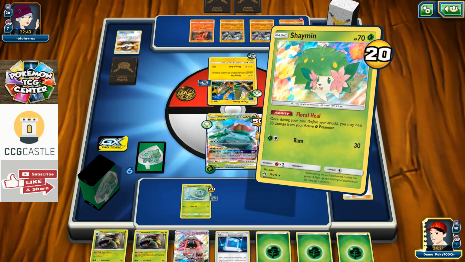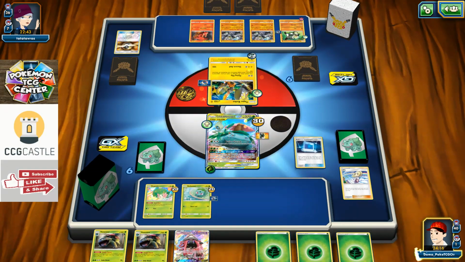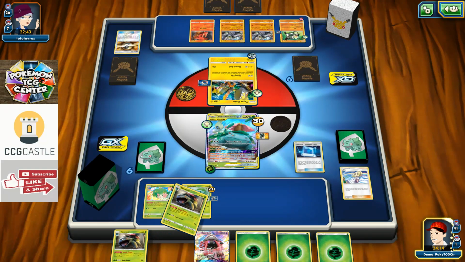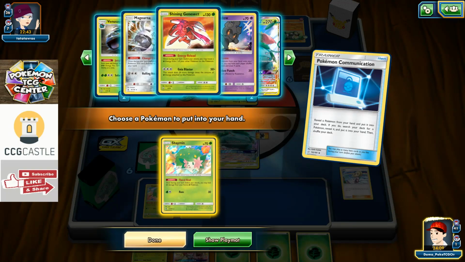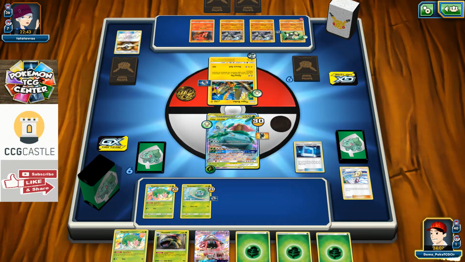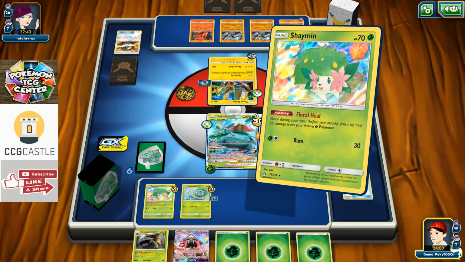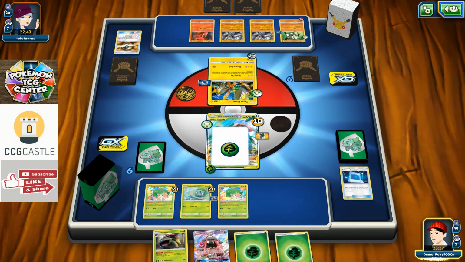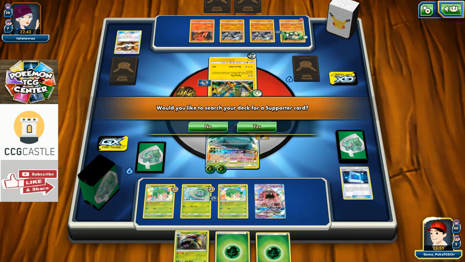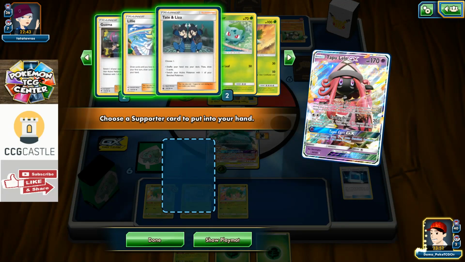Oh. Flora Hill. I do have Pokemon Communication available, which I'm thinking to use for maybe another Shaman in this case. So I can use another heal and heal 20 more damage from my Celebi and Venusaur. And there we go. I can attach energy, I can put another Pokemon on the bench, and it will be Tapu Lele. And then I need to draw another...